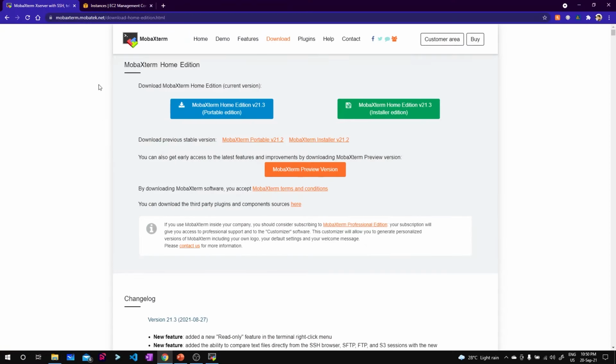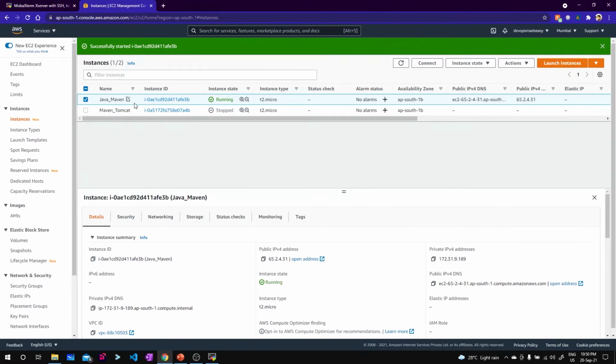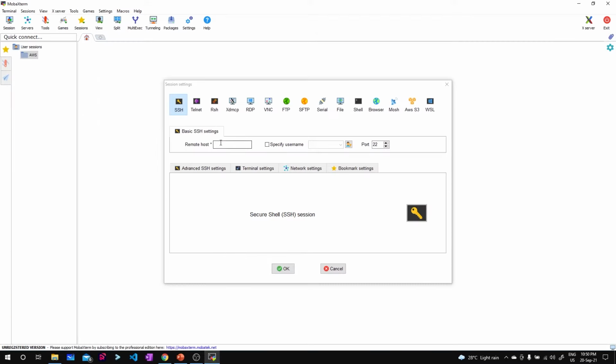In my case, I already have one EC2 instance running. So I'll take the IP address of the EC2 instance, just copy the EC2 instance IP address. Now paste that IP address in the remote host section, then specify the username, just click on this. Now I can directly give ec2-user as the username, or else, let's say you have enabled password based authentication, I can create a username and password combination by clicking on the symbol over here.